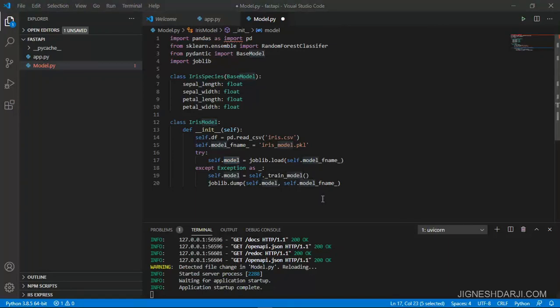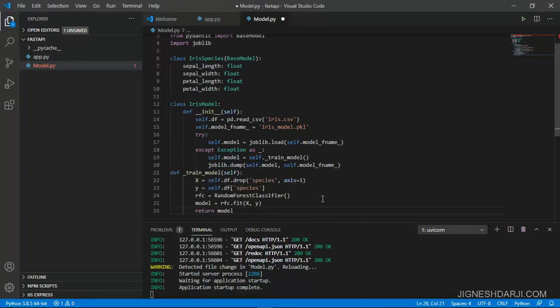In the constructor we read some records from the CSV file, specify the model's name, and using joblib we load that model.